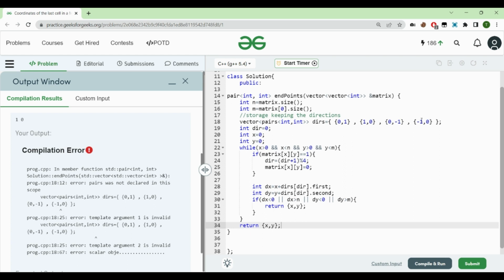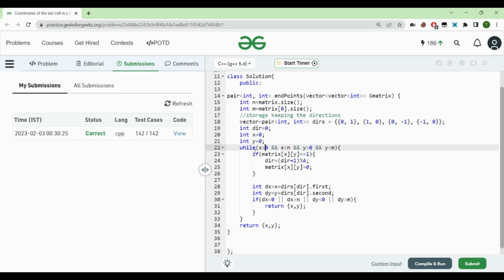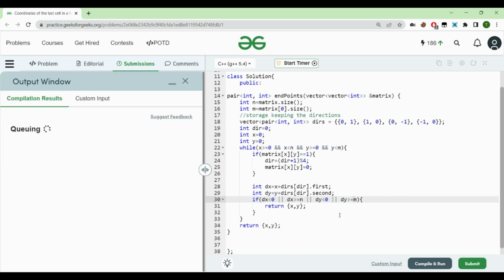Yeah. So there is a declaration error, and we are getting 0 comma 0, and we need 1 comma 1. So we need to check whether it is equal also, right? Because x and y are starting from 0. Similarly here, whether it is less than 0 or greater than or equal to n. See, when the size is 2 comma 2, x and y stop at 0, 1, 0, 1. So we have to check for that also. And finally, if I give a run now,